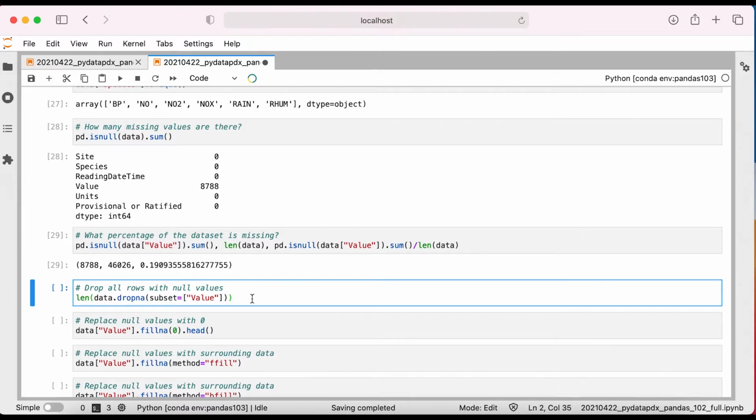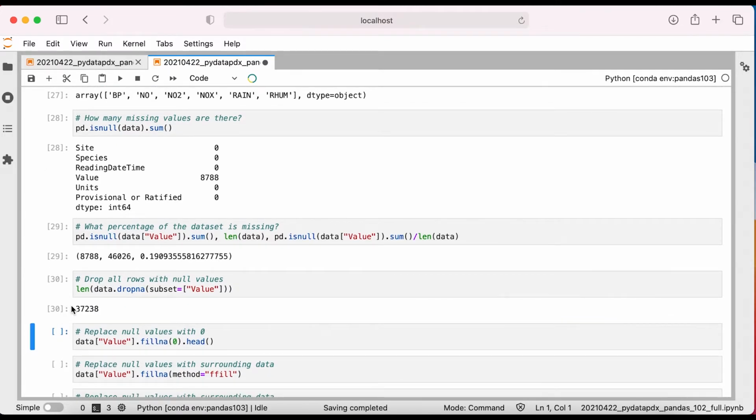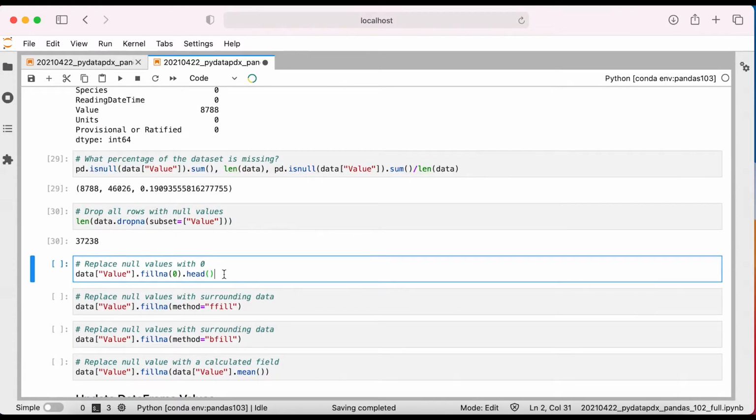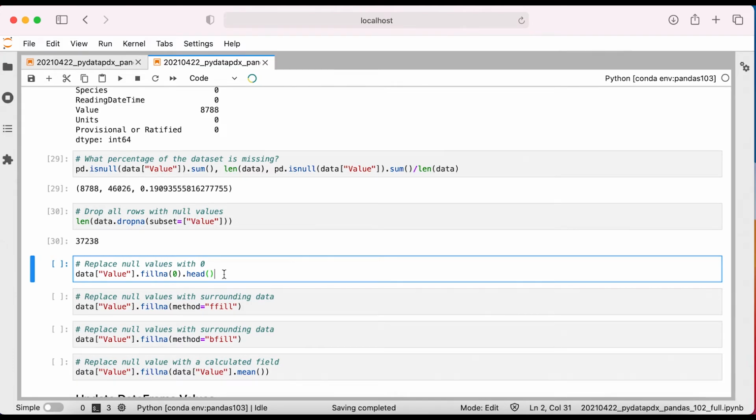This method, by default, returns a new data frame, the length of which is 37,238 because the 8,000 plus rows where the value column was null were removed. Instead of removing those rows, I can replace them with a different value by using the fillNA method. Here, I replace missing values with zeros. Again, a new object is returned, in this case a series, so I can call the head method immediately.